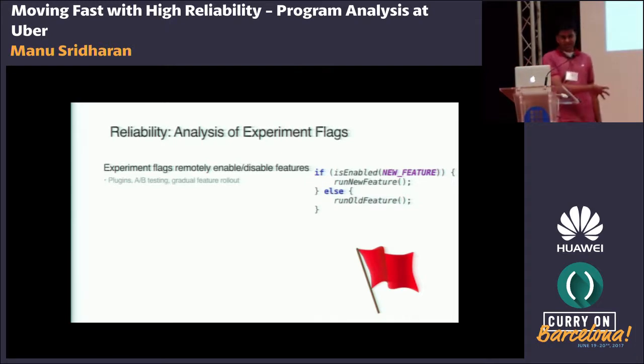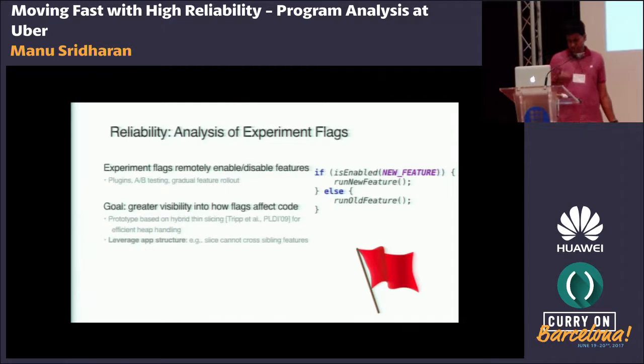And it's not immediately obvious, just staring at this code, what impact these flags are having. So one thing I've been working on is a static analysis to give greater visibility into how flags affect different parts of the code. So the thing that immediately came to mind when seeing this is, let's compute a forward slice to try to see how this flag affects different code.